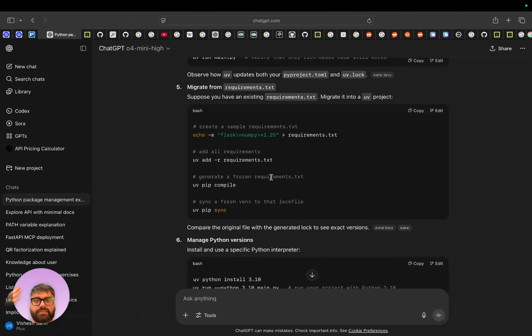It takes a high level requirements file and creates a more granular requirements file or pylock file, whichever you want, with all the transitive dependencies and such. And pip sync, as far as I understand it, essentially just updates the virtual environment.